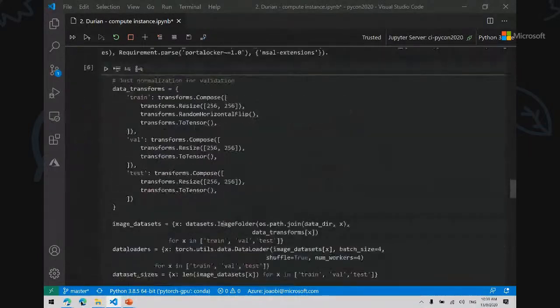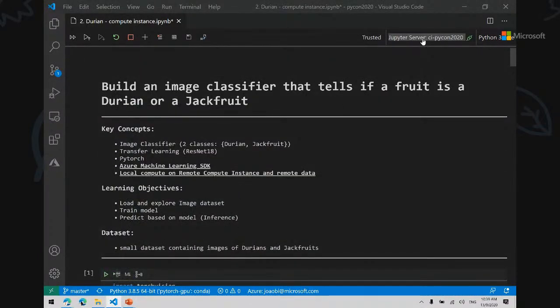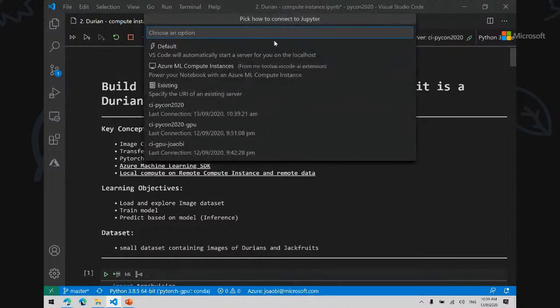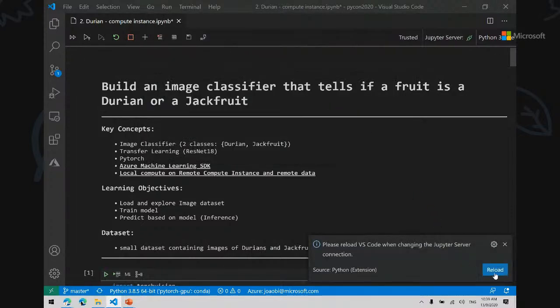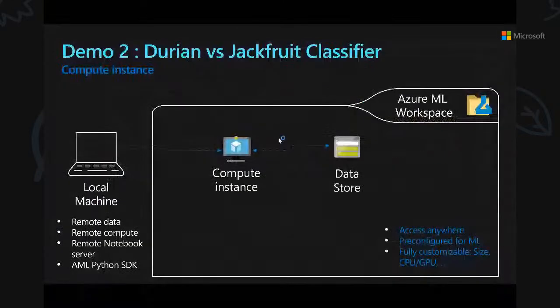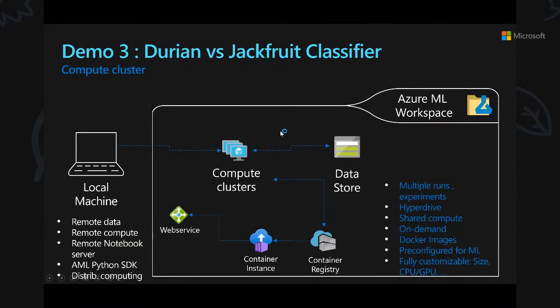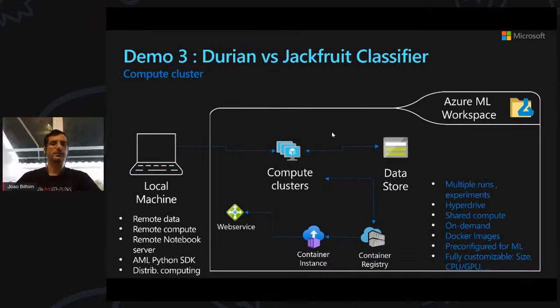Okay. Now I'm going to do one thing, which is I'm going to reconnect to my local machine before I go to the next step. The next demo that I'm going to show is a full-on compute cluster demo. So again, the difference that you'll see is that I'll have distributed computing. Imagine on the first demo, I was doing everything on my local machine. On the second demo, I was just using Visual Studio Code on my machine. All the compute, the data, the execution of the notebook, everything else was in the compute instance.